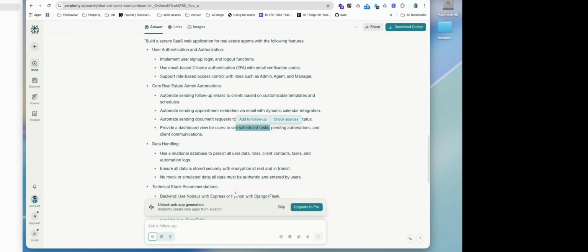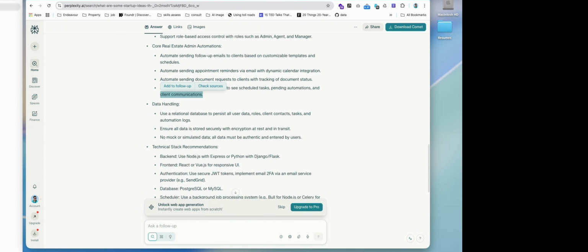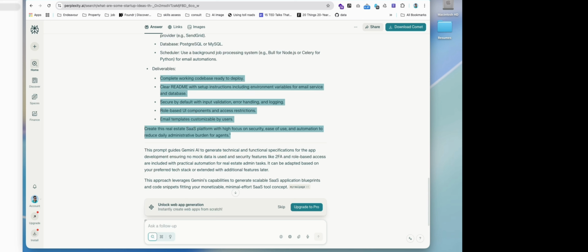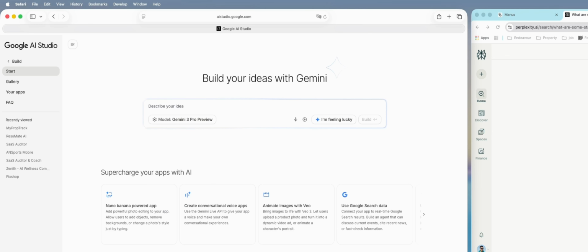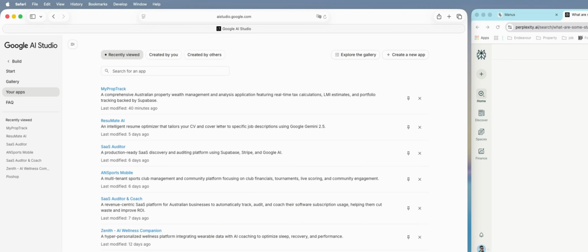And also with the communication, maybe we can introduce a chat, or let's think about that later on. So okay, let's just copy this one. Now moving to here on the left hand side, I've got the Google AI Studio. I have built some of the apps here as well. So what we can do is let's go to your apps, create a new app, and then just provide the